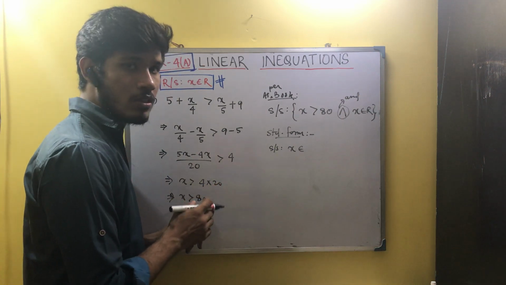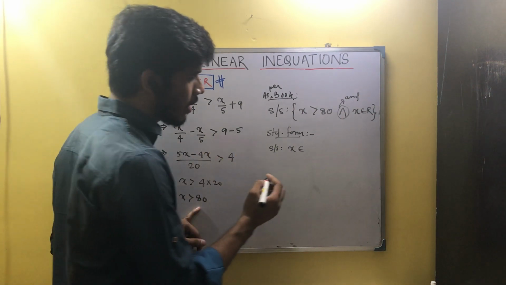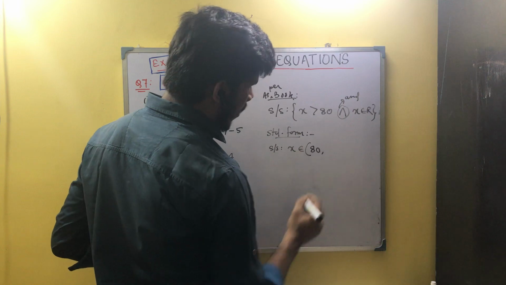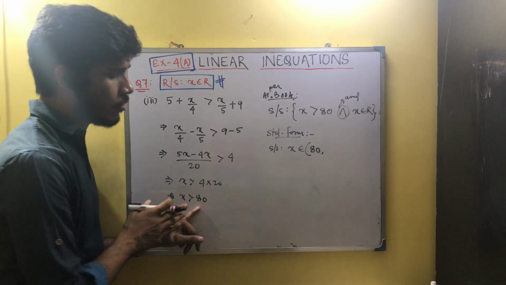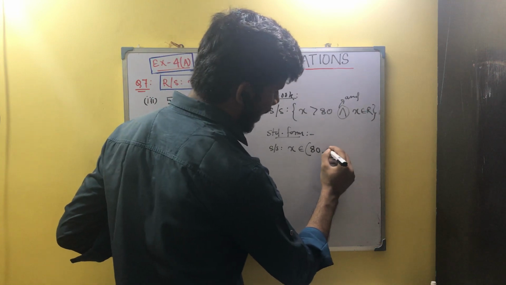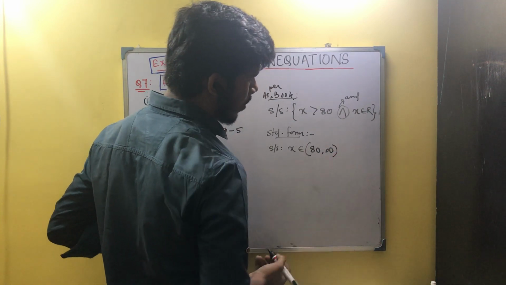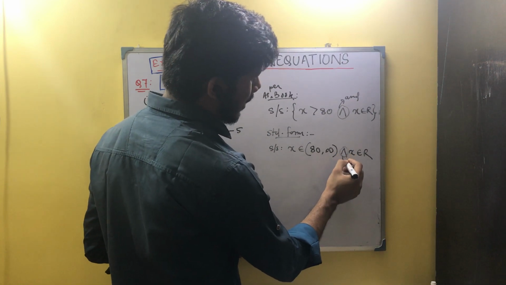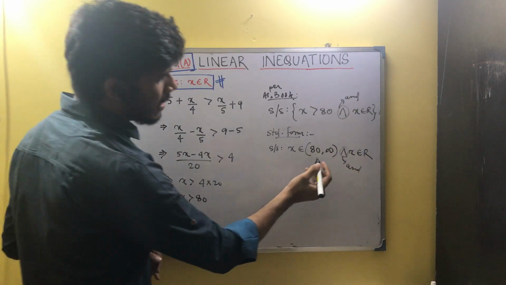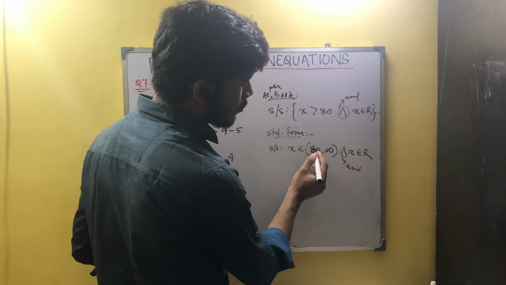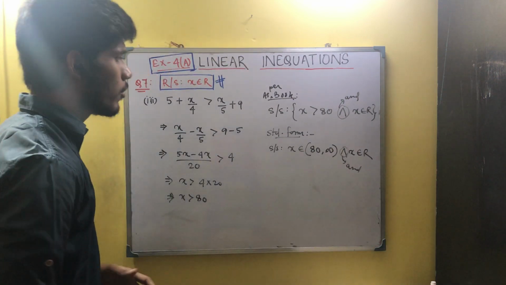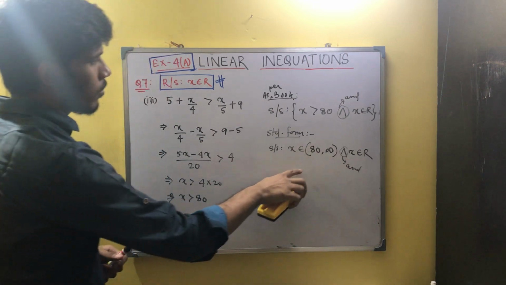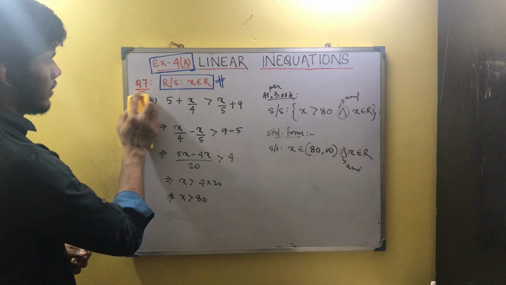Since you cannot include the value written beside the bracket, what kind of braces are we going to use? We will be using the small bracket, isn't it? So small bracket 80, and since you have talked about greater than 80, we will be proceeding towards infinity. But can you touch that, or can you achieve that? No. So again a small bracket, and x belongs to R. This is and which means that 80 to infinity, but this will be held true when x belongs to R. Okay, so this is the form. I generally prefer this form because this is quite easy to write and quite easy to understand.